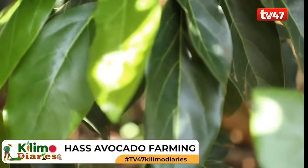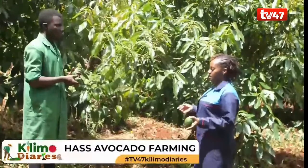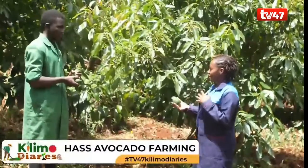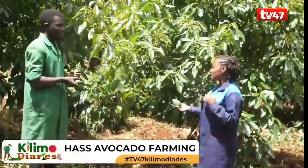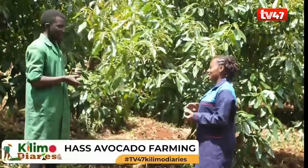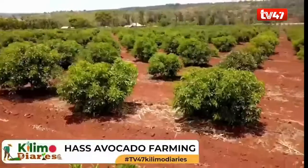Now, in terms of even sweetness, if you can put it that way, the Hass avocado, they say, is sweeter than the Fuerte. Is it because of the water, or what exactly happens that this one is sweeter than the other one? Okay, I think in terms of the sweetness, mostly the oiliness aspect is what contributes most to the